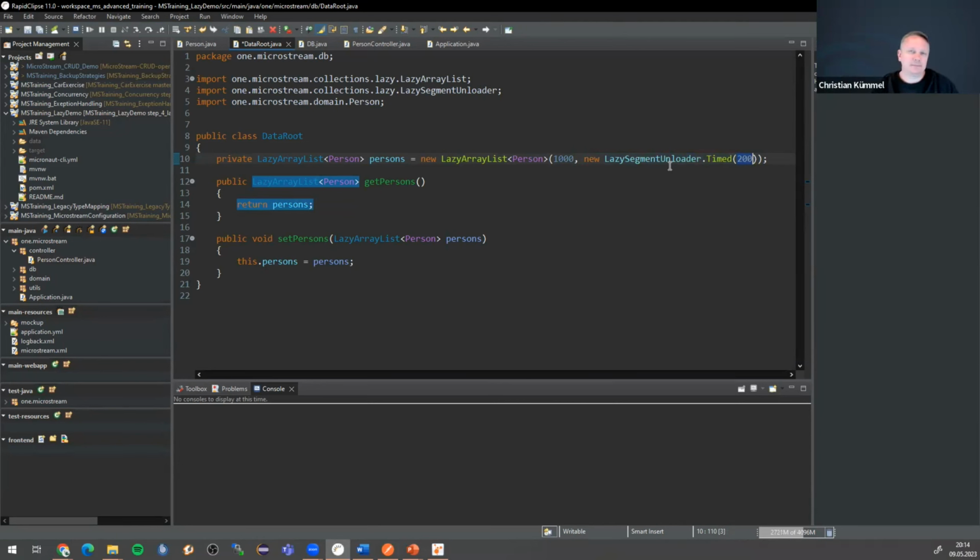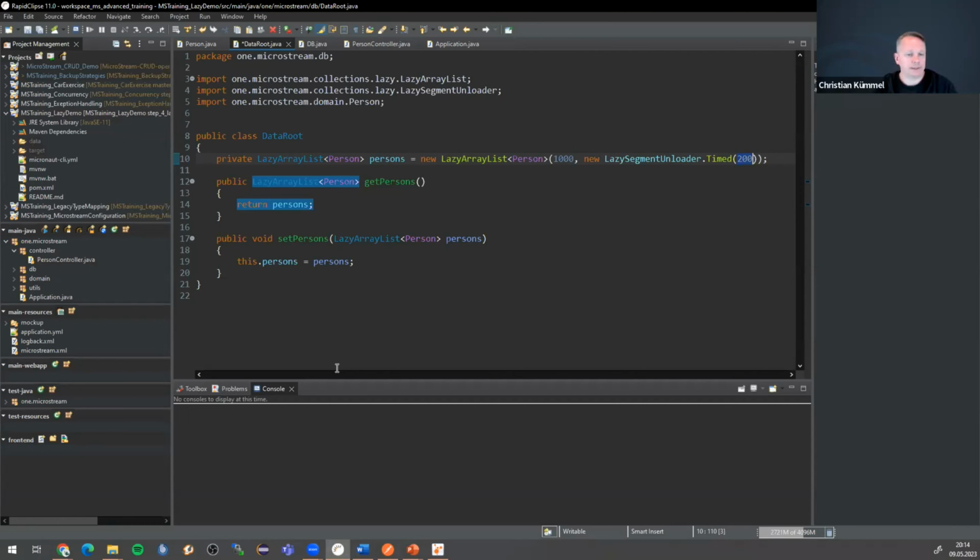It's all about testing. Just find out what is the right configuration for your lazy elements and your lazy arrays. And they're working quite well. So check it out, and it's not really difficult to use them. And it's a really great solution for all that,